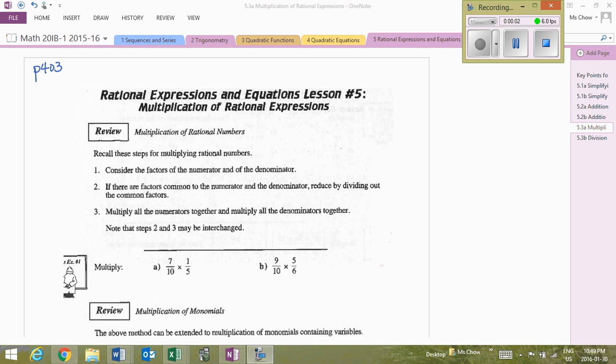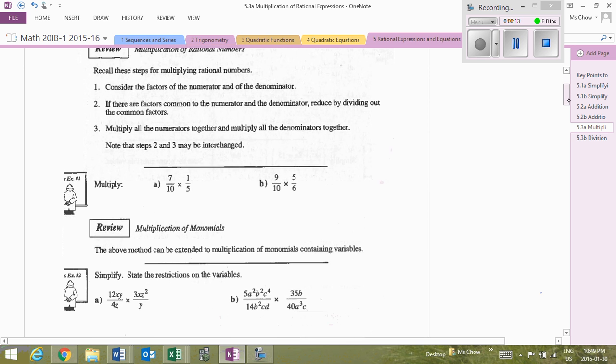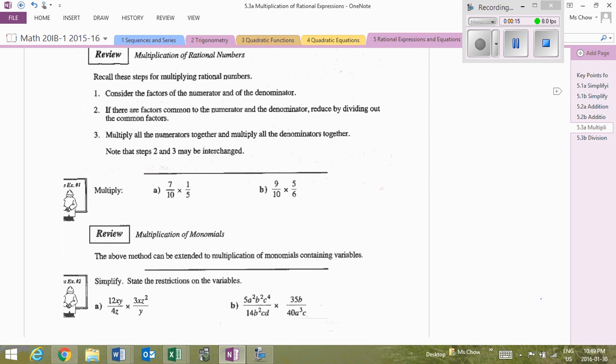So let's take a look now at multiplication of rational expressions. So we're in your workbook, page 403. And just a reminder then on multiplying fractions. So multiplying rational numbers, the general rule, of course, is multiply across. So 7 times 1 is of course 7, and 10 times 5 is 50,